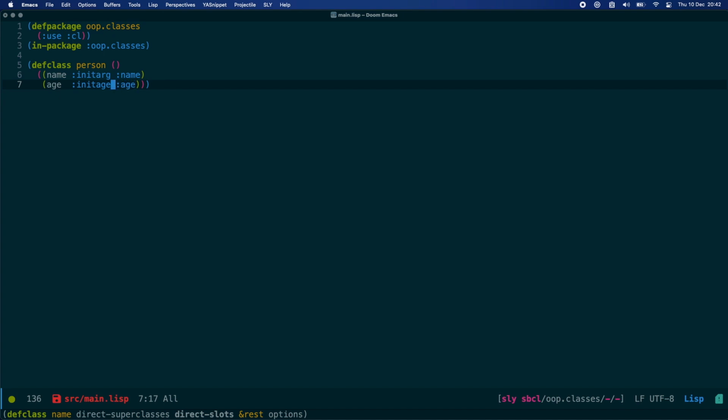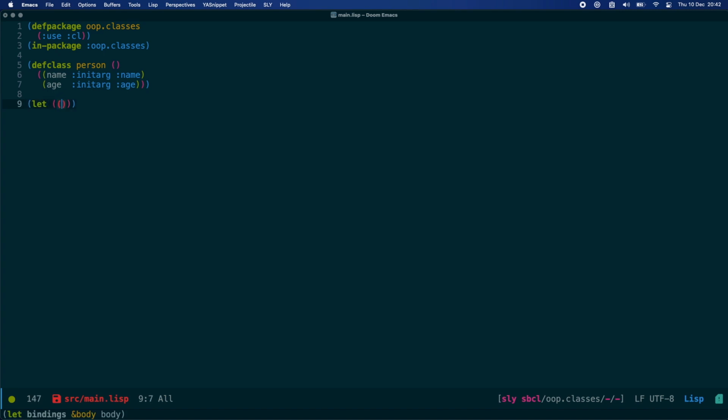I keep doing this. I think this is muscle memory. Arg is not a word I type particularly often, and certainly not in the context of age there. But initarg is a keyword that we pass into the class constructor. We can use initarg and then following that is another keyword, but this is one that we defined. We say :name or :age, and if we compile this up here, we've got a perfectly valid class,